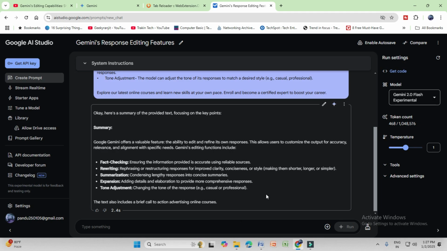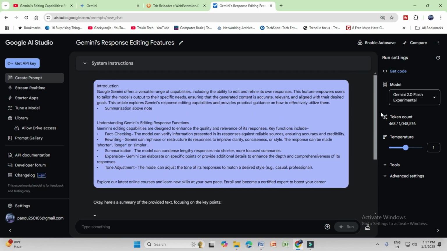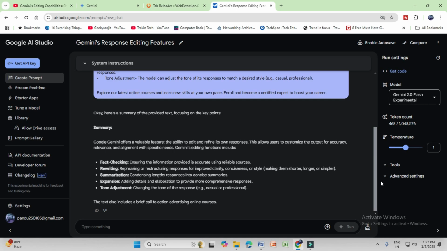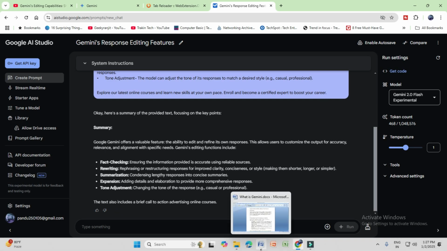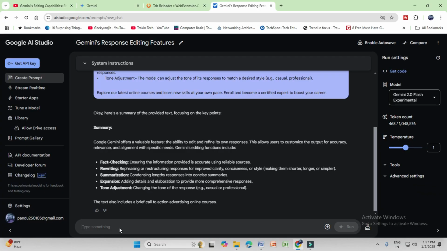The fact check, rewrite and summarization, expectation and tone adjustment. This is summarize, this is the main. I will input this much. The summarization this much. Another is the